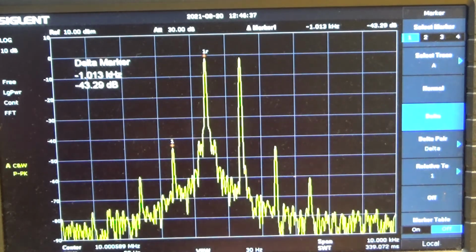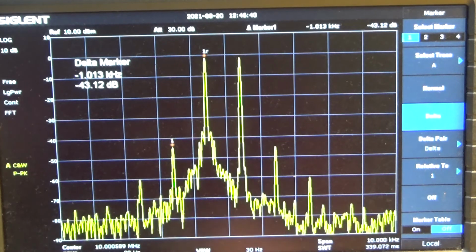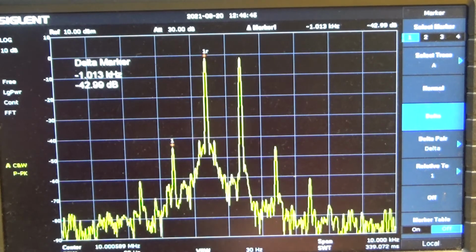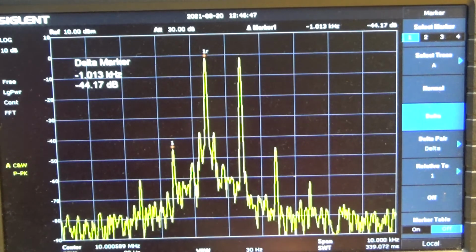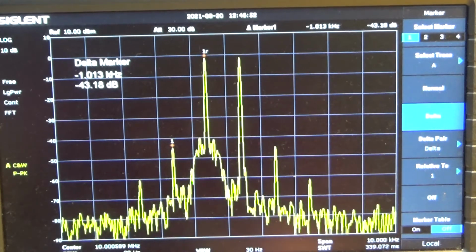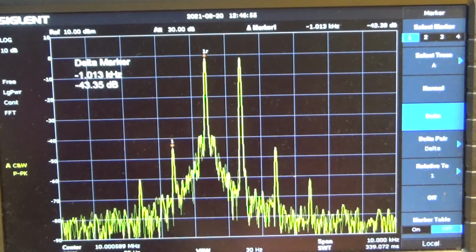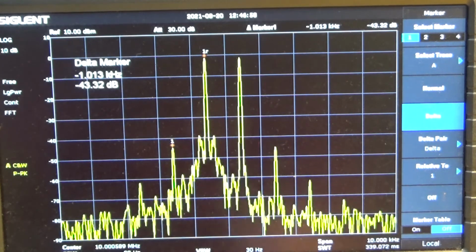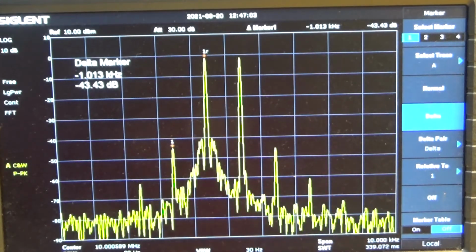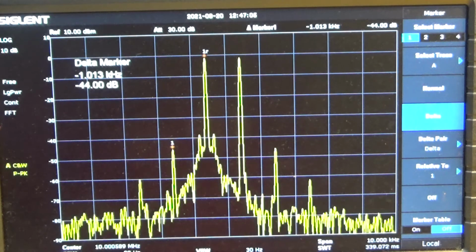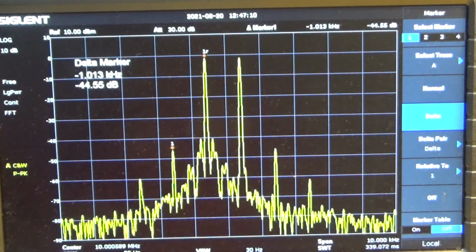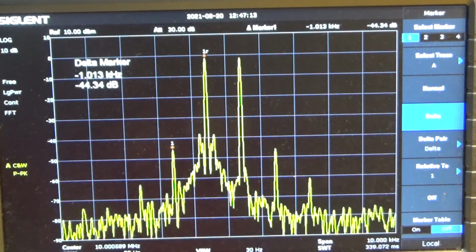Yeah, it's 42 dBs down. I didn't expect it to be better than that, but it's still an improvement just by increasing the current draw in the amplifier, because you're making the amplifier more linear effectively by driving it harder. So that's improved it by 10 dB. But if I do something else and we look at it with an even lower current,